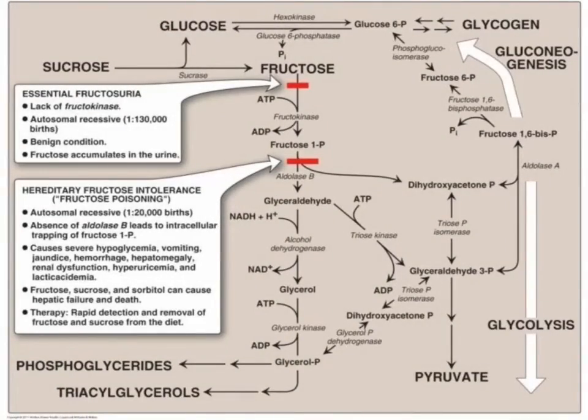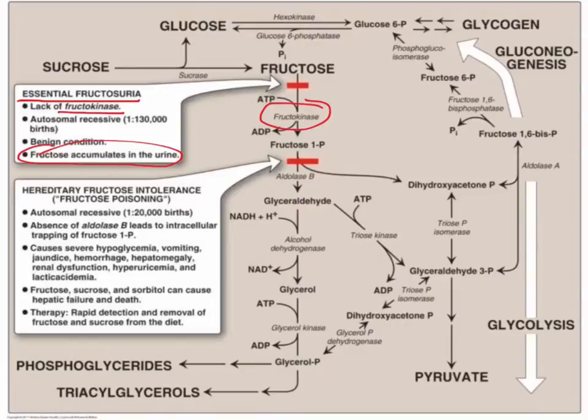There are two enzymes in the pathway for fructose metabolism in liver that can be defective and lead to metabolic disease. The first is essential fructosuria, and it results from a deficiency in fructokinase. This is a rare disease and it's fairly benign, marked only by the presence of fructose in the urine. There are no other clinical symptoms. Fructose is not metabolized by the liver, so it's either excreted, unchanged, in the urine, or it's metabolized by hexokinase in adipose tissue and muscle.